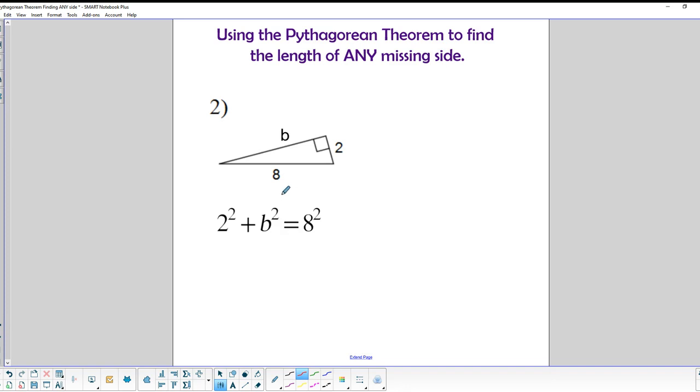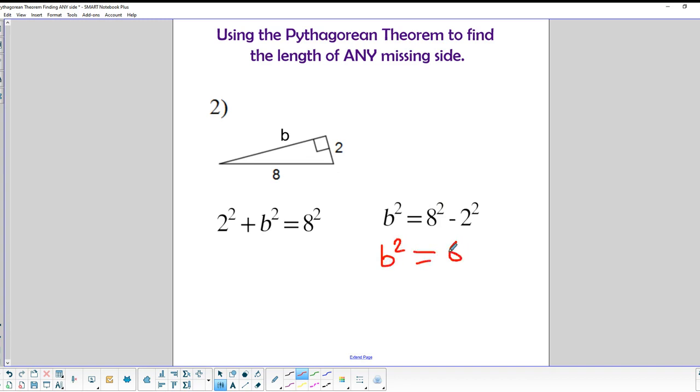So we know the hypotenuse and we know A. If you notice, the triangle's kind of flipped over onto the hypotenuse, but you've got to remember where the right angle is. The side across from the right angle is the hypotenuse, and the other two sides are the legs. So here we go again. We're going to have to rearrange and end up doing the hypotenuse squared minus 2 squared. So in this case, we're going to have b squared